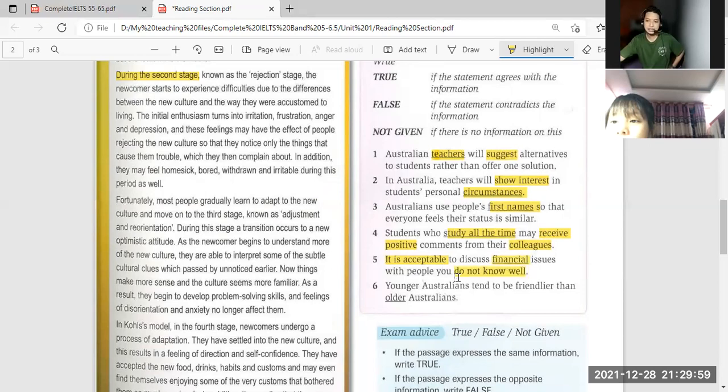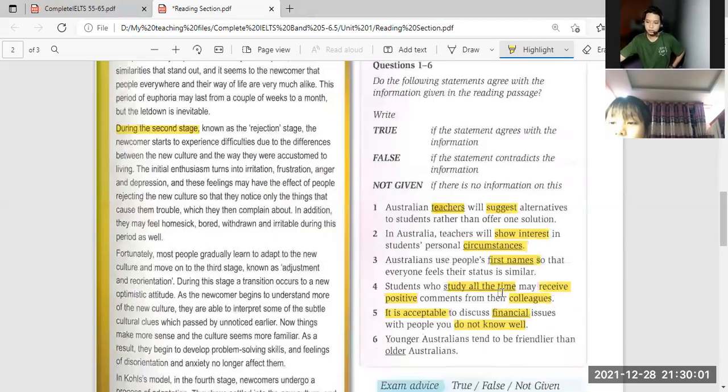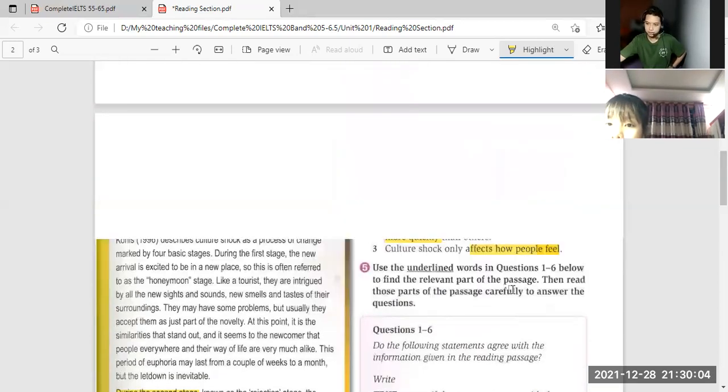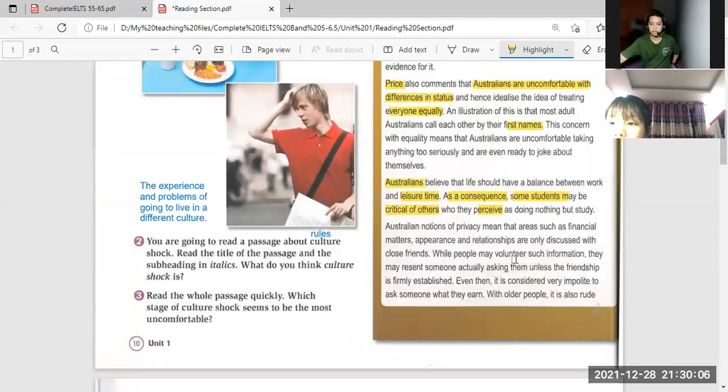You understand that? Yes. Okay, now let's find financial here. Can you find financial? Yes. Okay, it's here, right? So Australian notions of privacy mean that areas such as financial matters, appearance, and relationships are only discussed